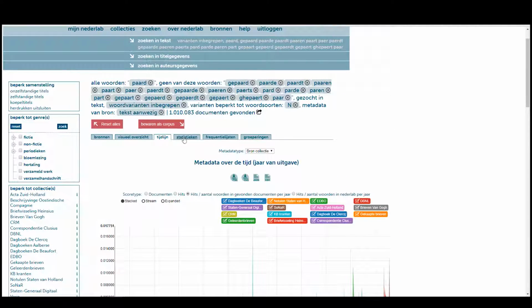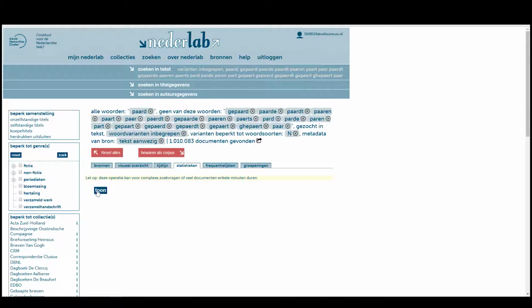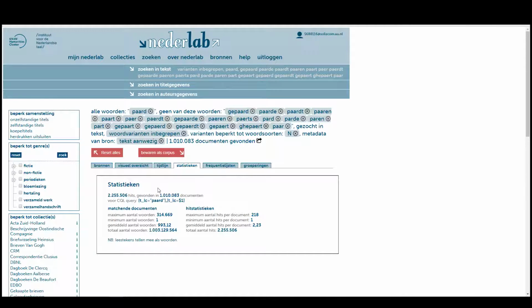Of course, in the normal page there is also statistics, which is always an interesting thing to look at, and we can show them. Statistics is a very basic overview of the amount of words in documents, the amount of hits per document, and the amount of documents themselves. And that's basically it. Now let's go to frequency lists, but in order to do that, we'd be wise to